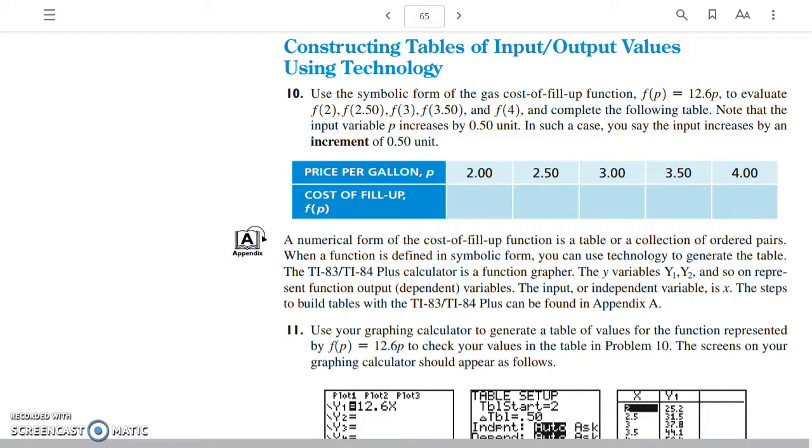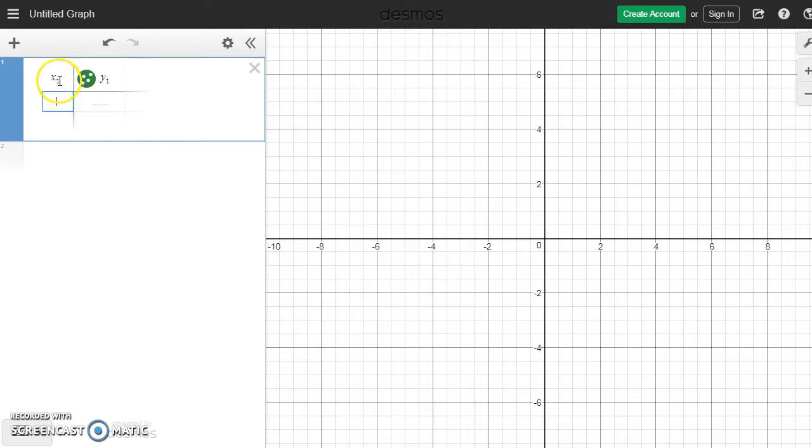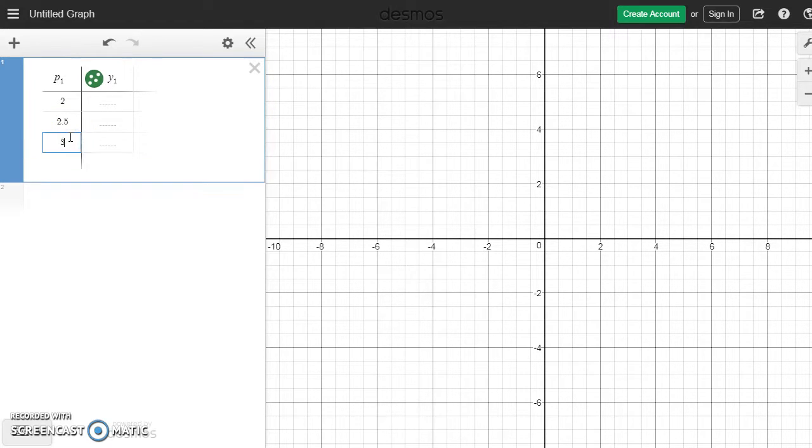So one thing that we can do if we want to start manipulating things a little bit more is change our x variable to a p, if that's something that you want to do for consistency's sake with the problem that you're given, or we can keep things in terms of x. And then we can plug in those different given values for p. So 2, if we click down, another row will open up, 2.5, 3,